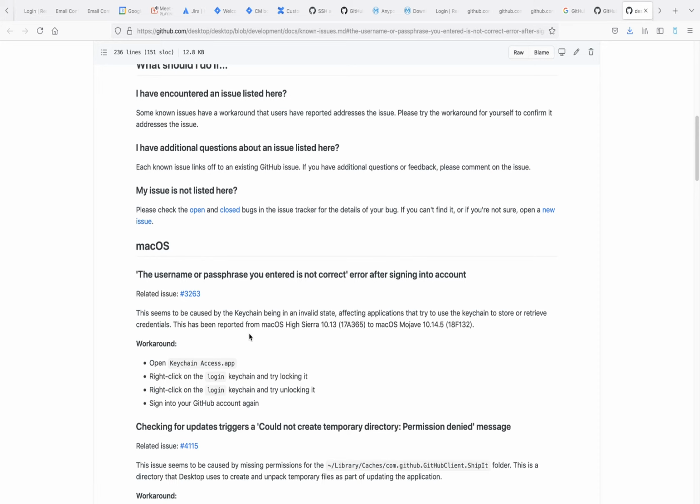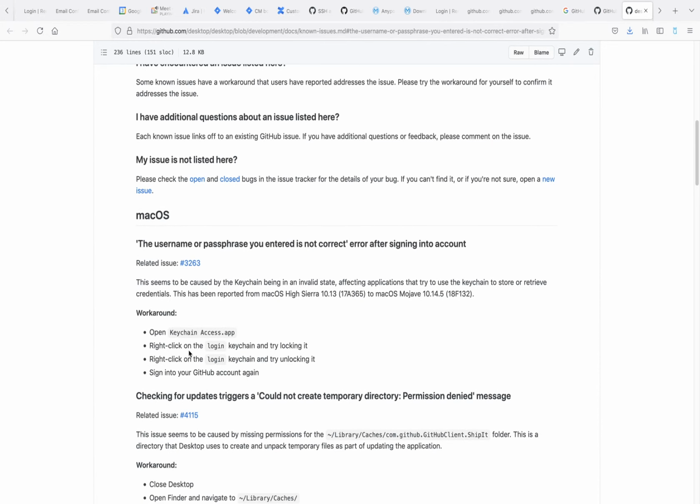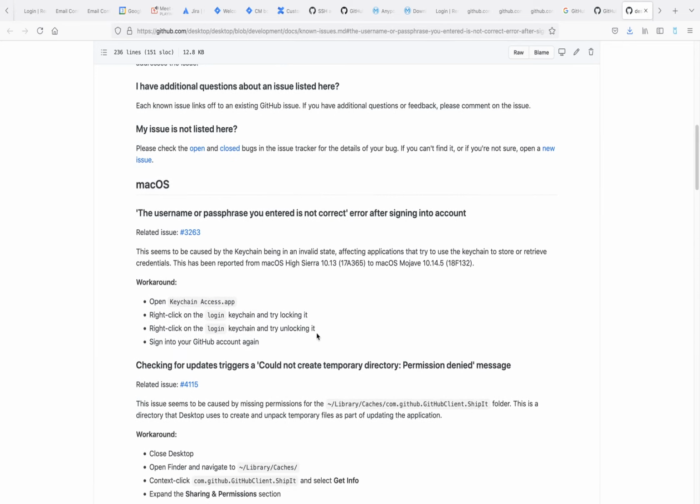So someone suggests: open Keychain Access app, right click on the login keychain and try to log in, right click on the login keychain and log out, sign in to your GitHub.